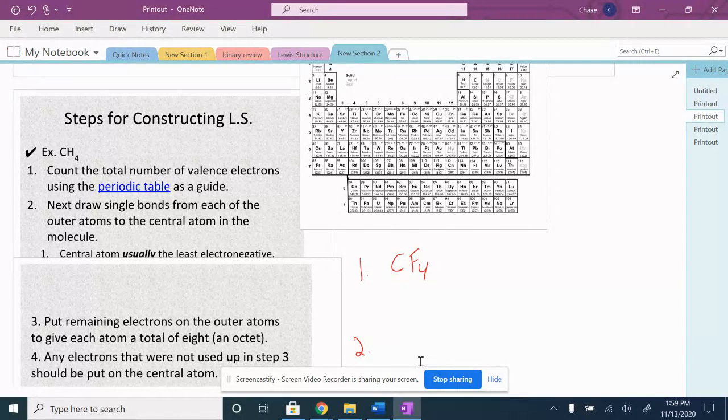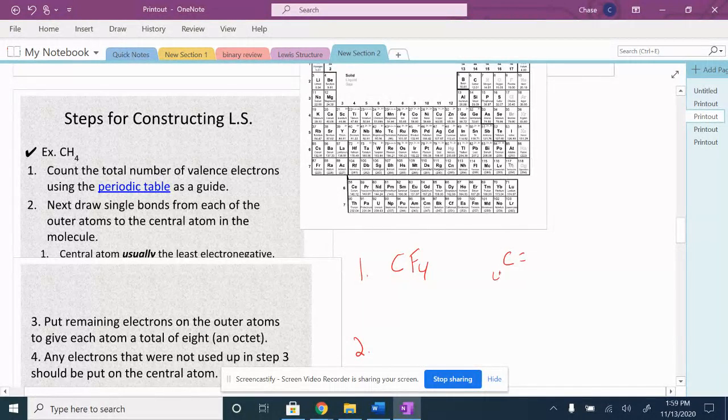So one way we can draw these structures and show how this is happening is through these things called Lewis structures. And today I'm going to give you the steps on some of the basic ones. And then later this week, we're going to get into a few more complicated examples and a virtual lab that goes along with this.